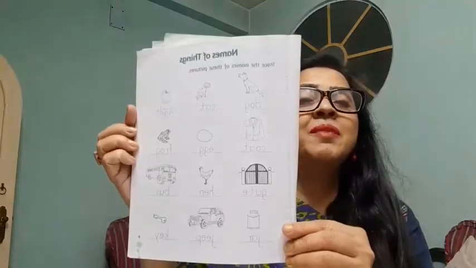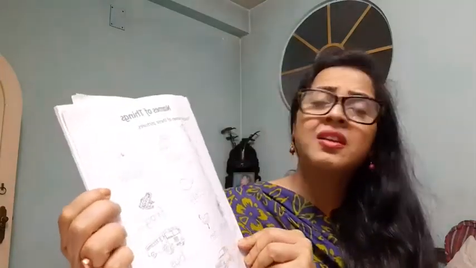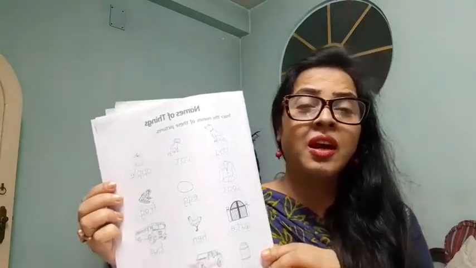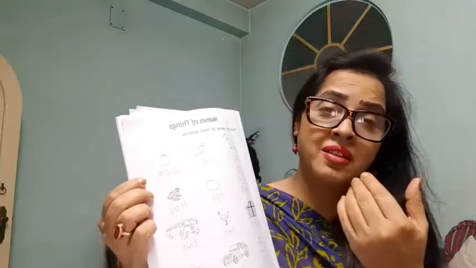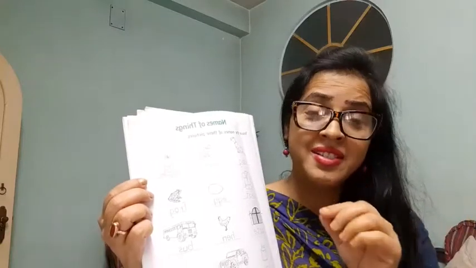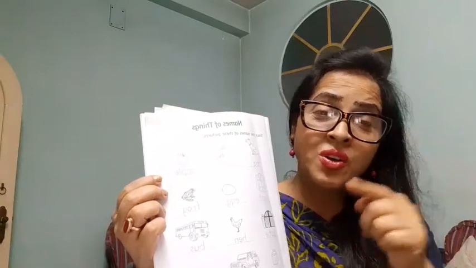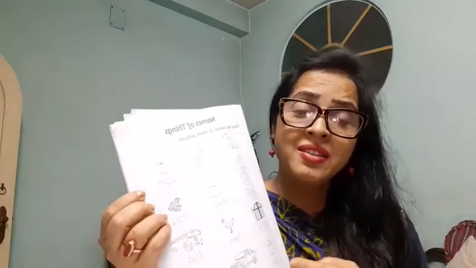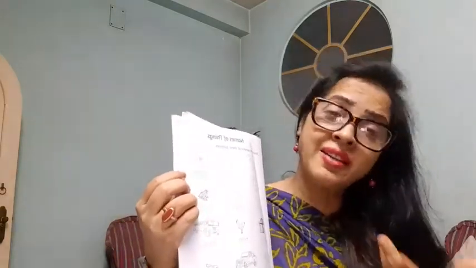Page number 9 has pictures of animals, not only animals, different things, and under that is written their proper name, but the name is not clearly written. It's dots only, but you have to touch the dots and write the proper word. It's a type of handwriting, so you write without help from your parents or me, you can write yourself.